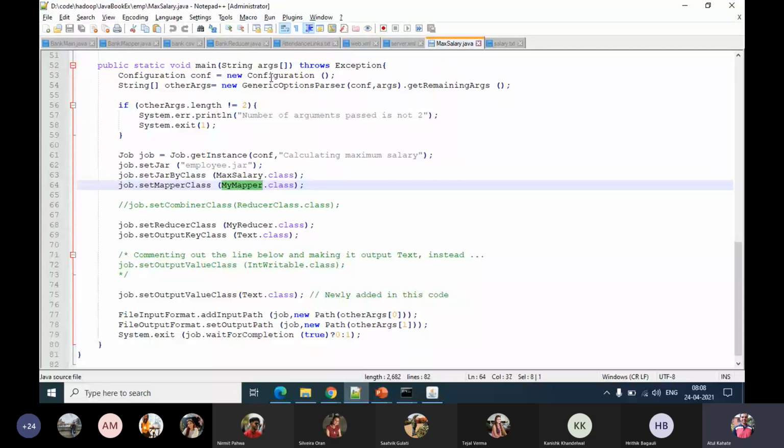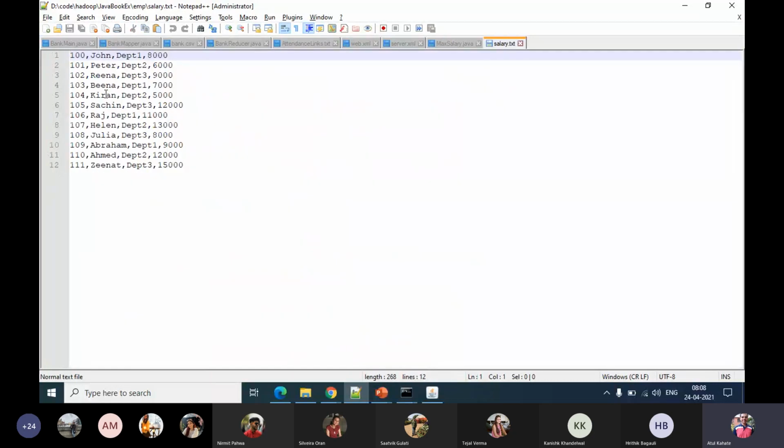So here, when we are instantiating this configuration and passing it, we actually get to read the input file. That input file is then associated with the mapper class. That is the meaning of what we read just now. So the configuration object will initialize, associate itself with the input file, and then that will be used by the mapper class. The mapper class will look at the contents of the input file, which in this case is this file.